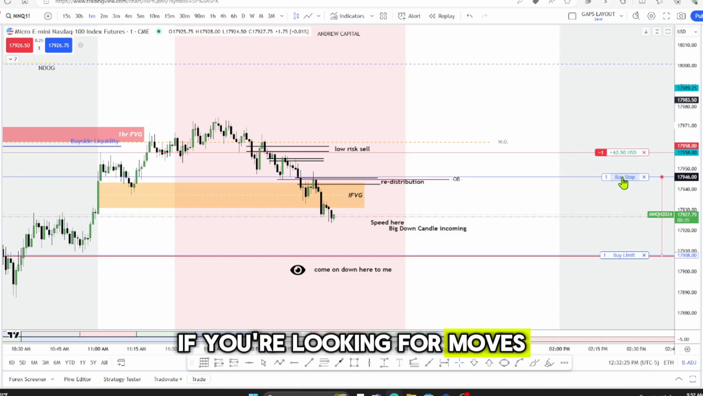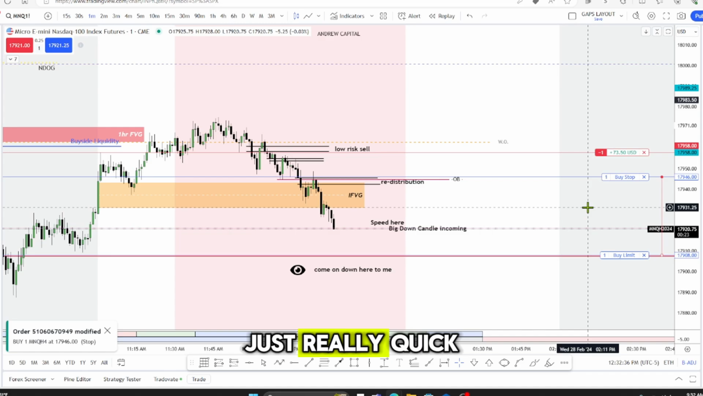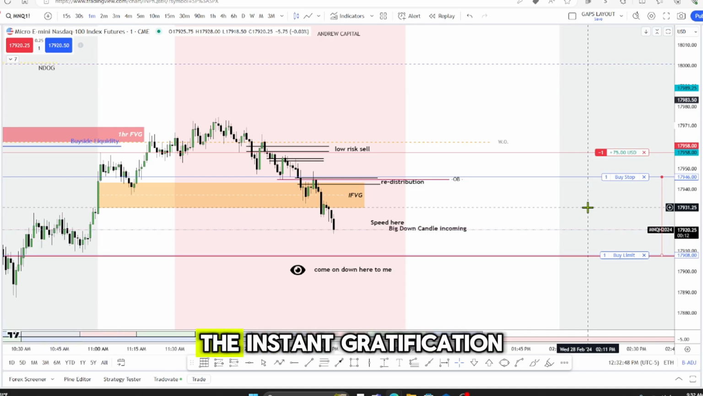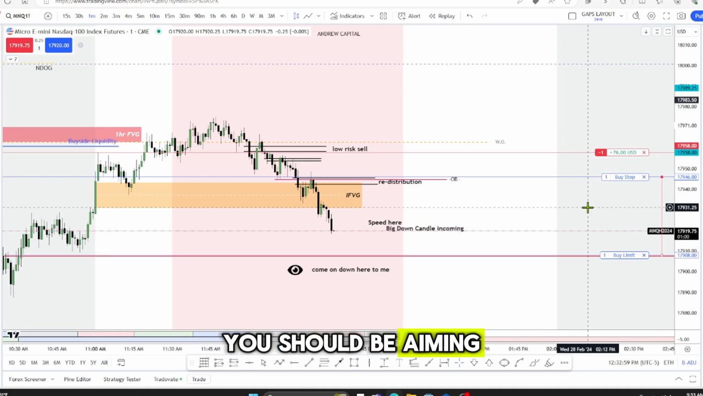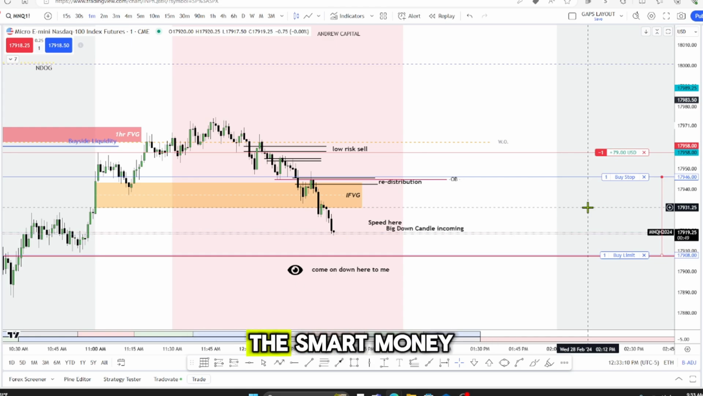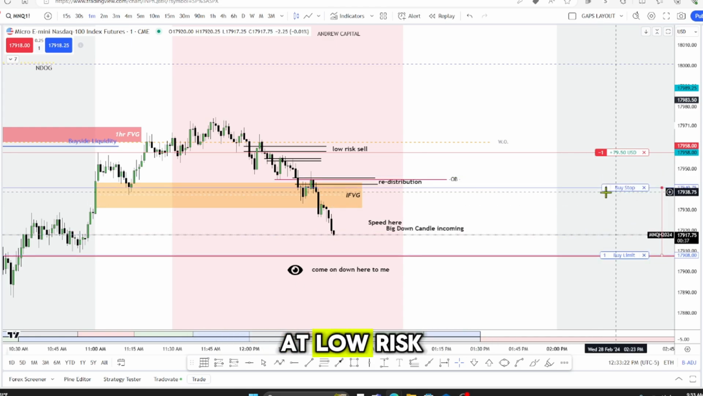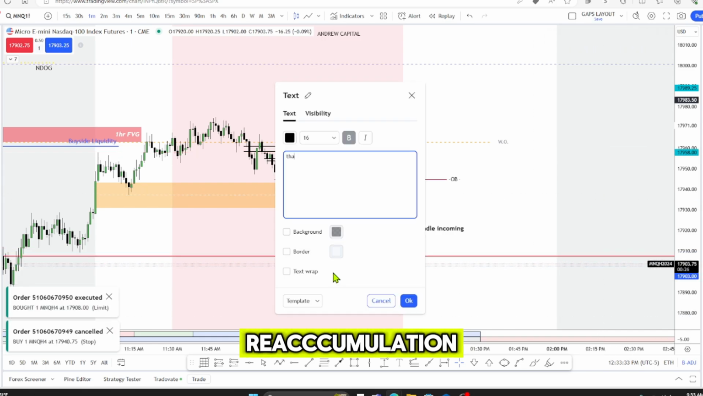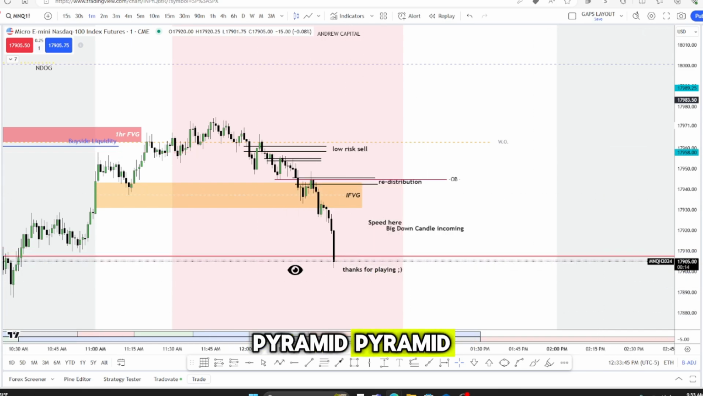If you're looking for moves, it's going to be very energetic. They're just really quick, they start running for you, and they just give you instant gratification. That's the one you should be aiming at and studying. The most advanced would be buying the smart money reversal, pyramiding at low risk. Buy, accumulation, reaccumulation. So you'd be a buyer, pyramid,